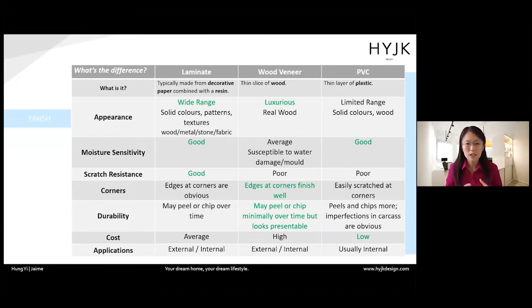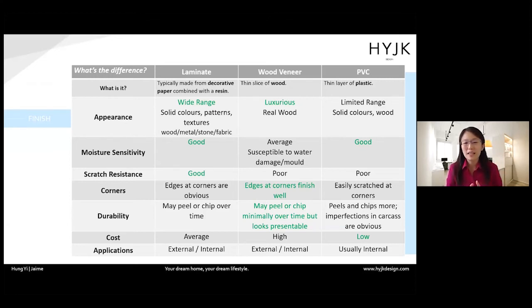Moisture sensitivity, wood veneer doesn't do so well. It's more susceptible to mold and water damage because it's wood. Scratch resistance, laminate will fare very well. The edging though, a lot of people like corner edges for the wood veneer because it finishes very well. But for laminate, not so much. It's more obvious because it's a bit thicker. Okay.